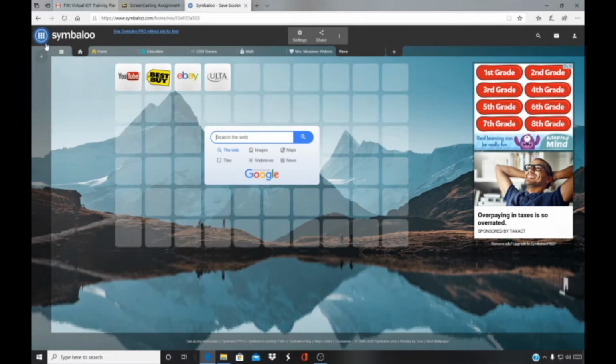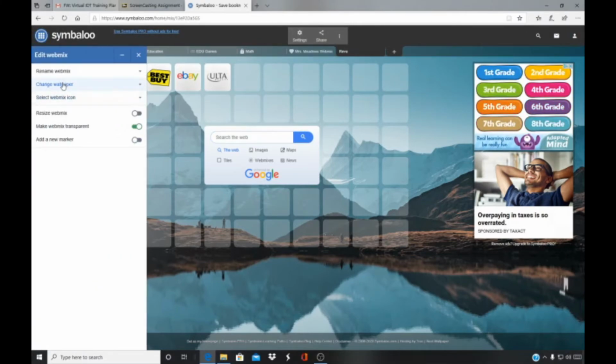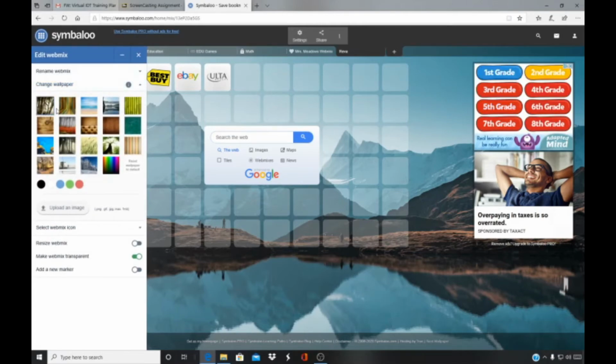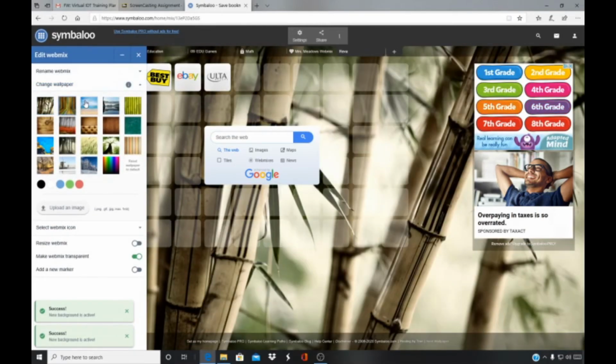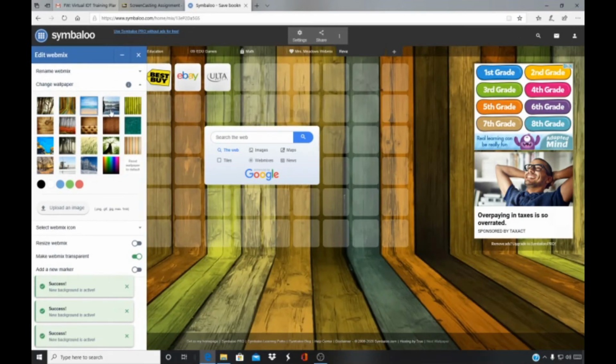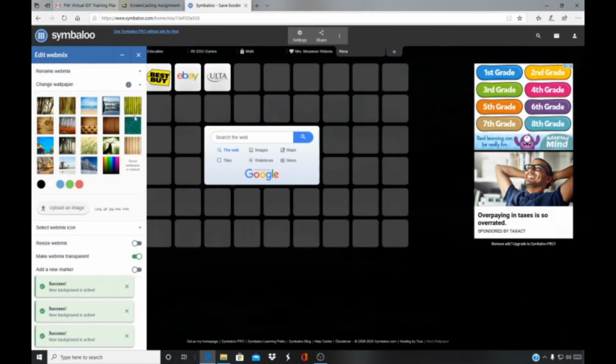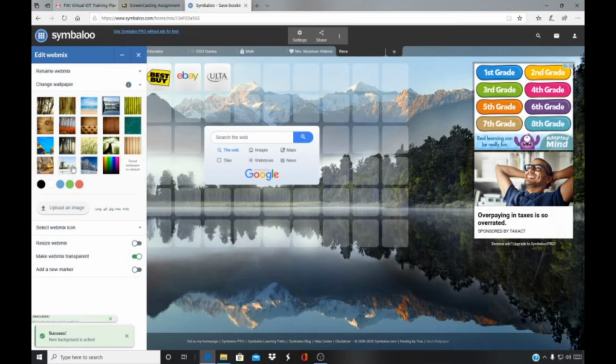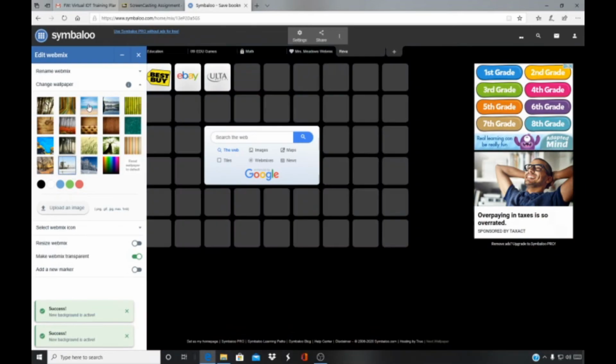You can change your background by going over here to settings and change your wallpaper, and you can click different wallpapers and choose whichever background you would like, or you can upload your own. I'm going to choose this